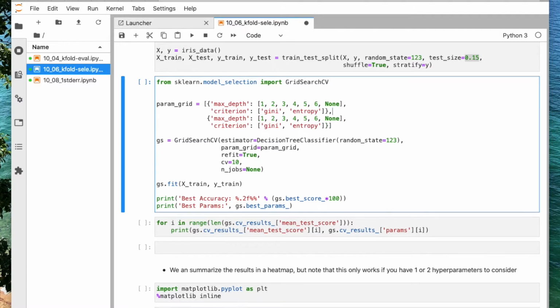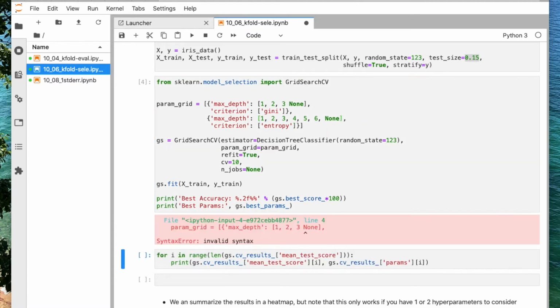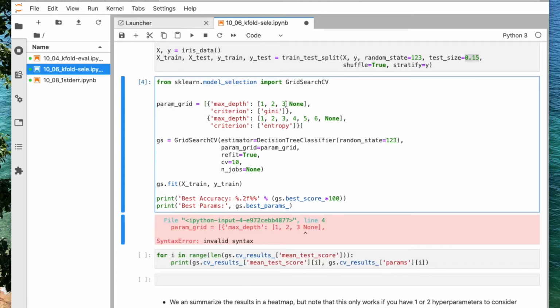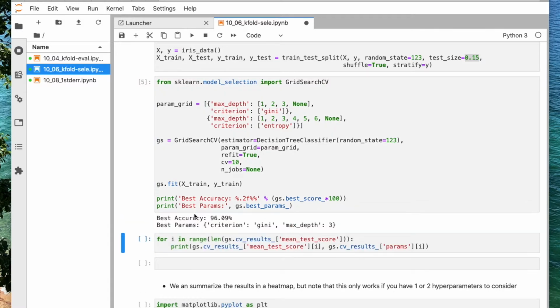So you can have two dictionaries, and you can say, for example, I only want to explore the max depth with, let's say, Gini, hard coded like this, and then for the other one, for entropy, you want to explore all of these settings. So this would be one option. Let me see if that actually runs. So yeah, this would actually work.